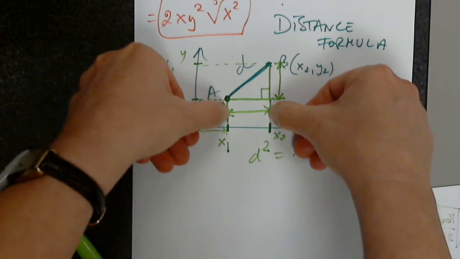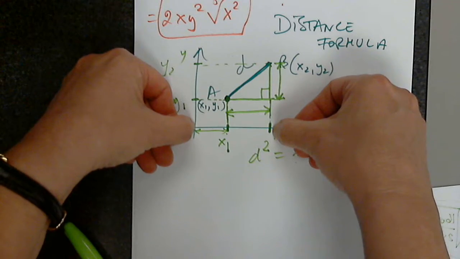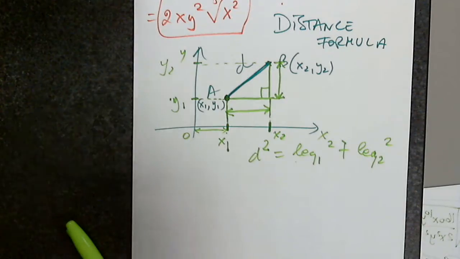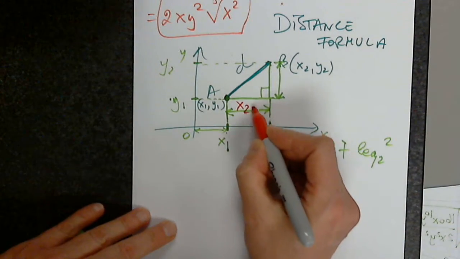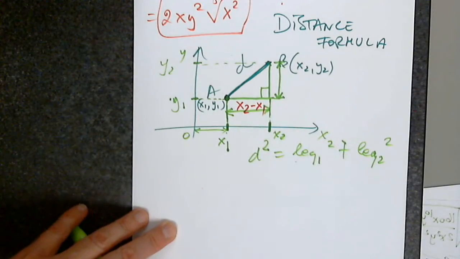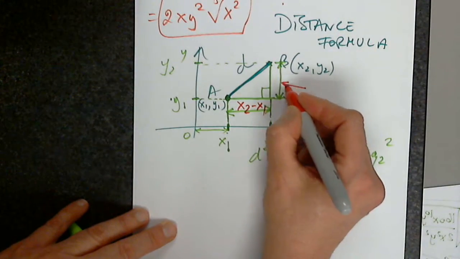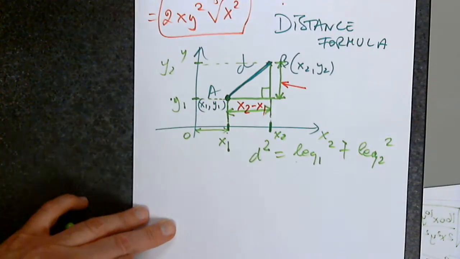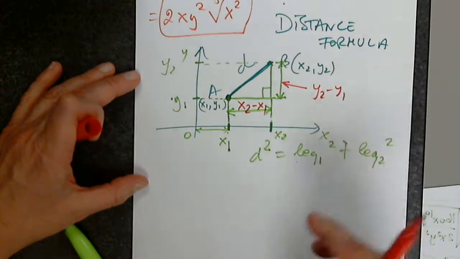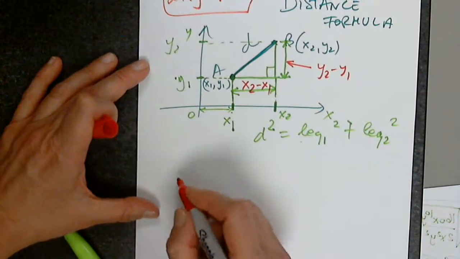I know this distance now. It's this minus this. So what do I denote that by? x2 minus x1. x2 minus x1 gives me that distance. What about this distance? y2 minus y1 will be that distance. Agreed? So then,